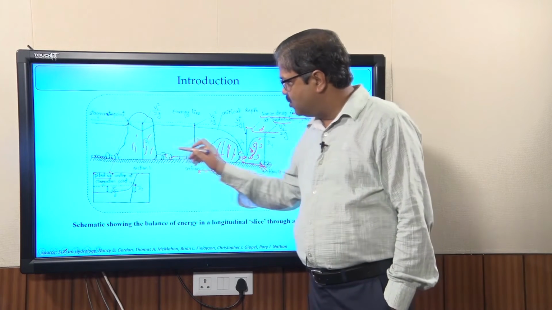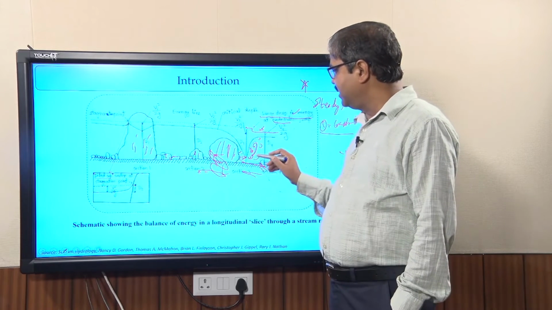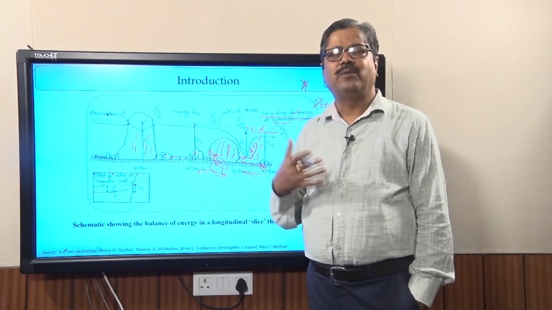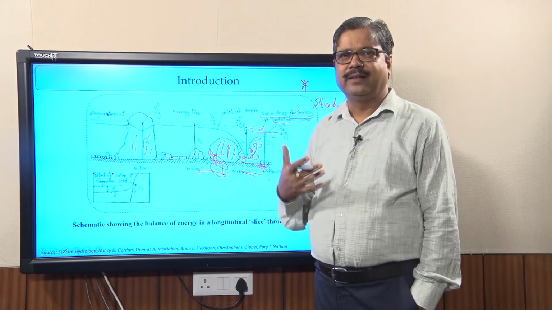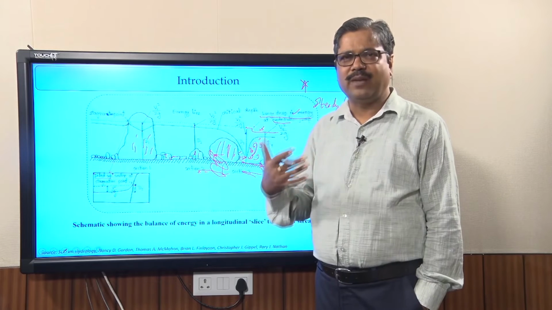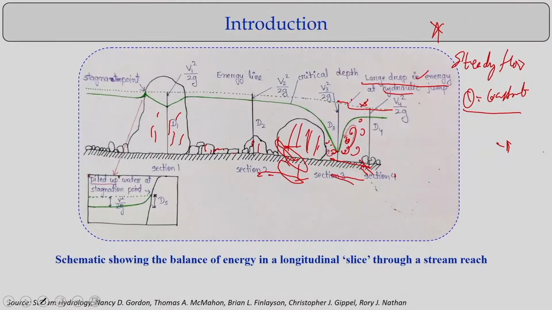If you look at the typical river cross sections, you can see like this, there are energy losses happening. Now the point is, how we have to quantify it, how to know where the hydraulic jump is going to happen, what type of energy dissipation is going to happen. Those are things we can analyze for conditions of steady flow. That means we are assuming it is a steady flow,